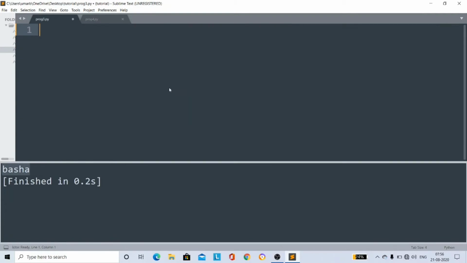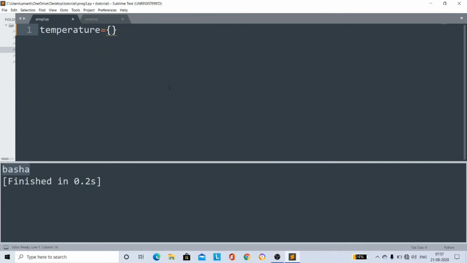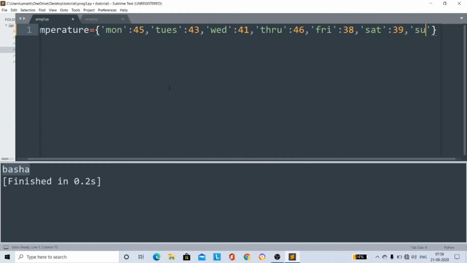Let me show you another dictionary, for example, temperature. Temperature of Monday, 45, Tuesday, 43, Wednesday, 41, Thursday, Friday, 38, Saturday, and Sunday, 49.